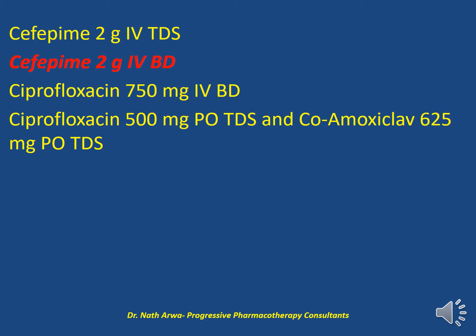It is, however, an appropriate regimen that you'd use as empiric treatment of febrile neutropenia, but in cancer patients just as outpatients. And because DNN is acutely symptomatic and requires an admission, I would opt for putting her on IV medication and not oral medication as such. So let's move to the next question,